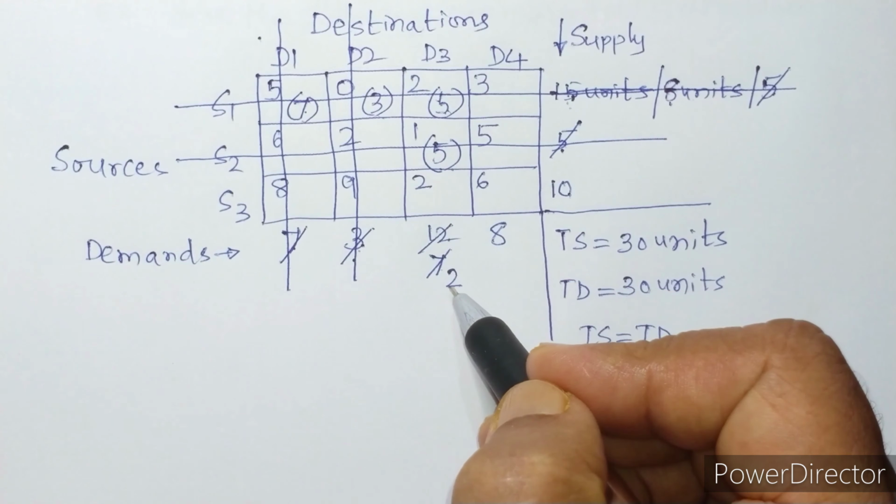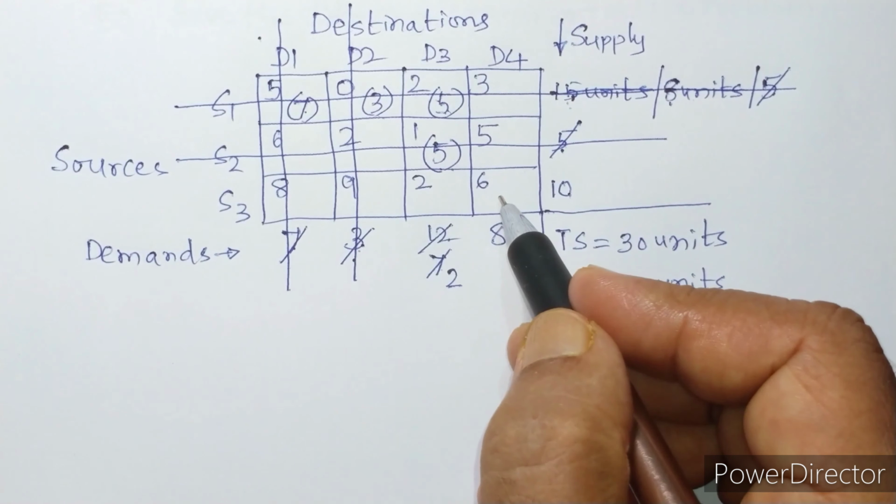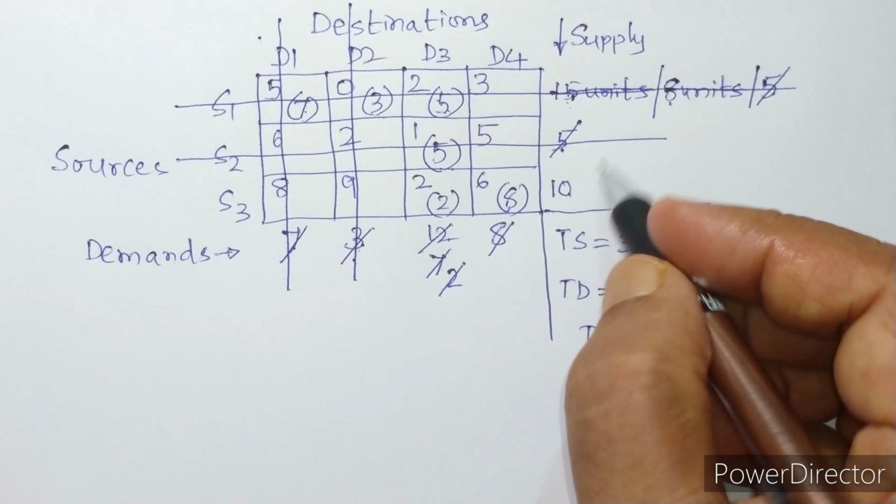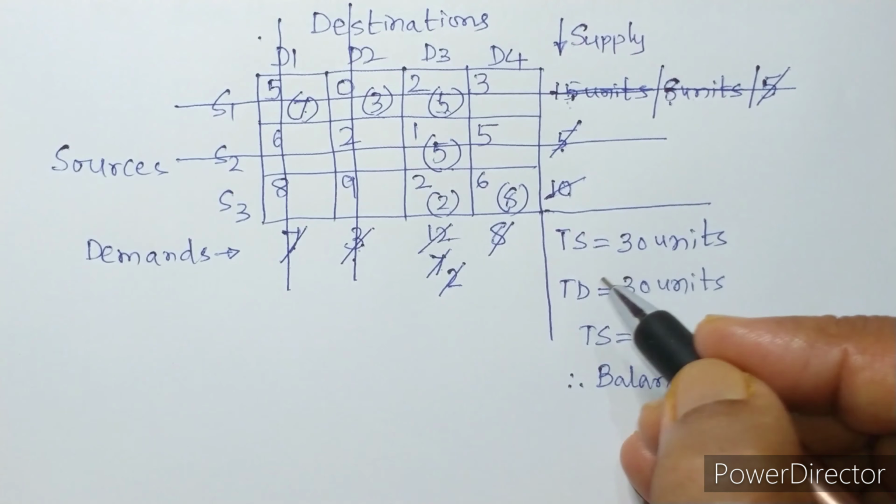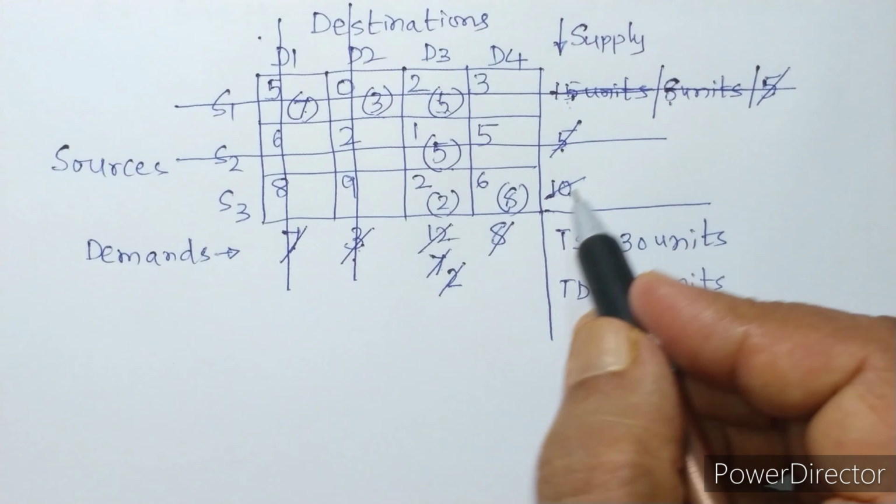When one row is left, you just shift the units here. 2 units are shifted to this place in the bracket, and 8 units are shifted to this one, and the 8 units and 2 units of demand are exhausted. And when you add the total units supplied from S3, it is 2 plus 8 is 10. That is the production capacity of S3. Now all the units which were available at S3 are exhausted now. Remove S3 and remove D3 and remove D4 also.